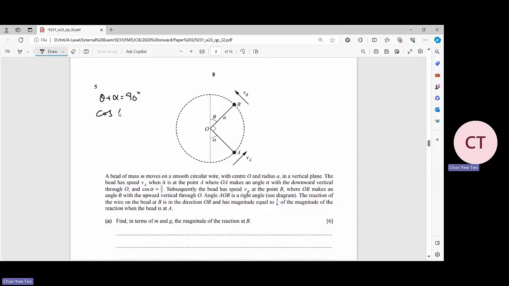And they're giving you cos alpha is equal to 3/5. So based on the diagram, we are having alpha 3/5. Since they are 90 degrees together, they are complementary angles. So this will be your theta. This is the diagram that we will be using when we solve the problem. And after that, at A,